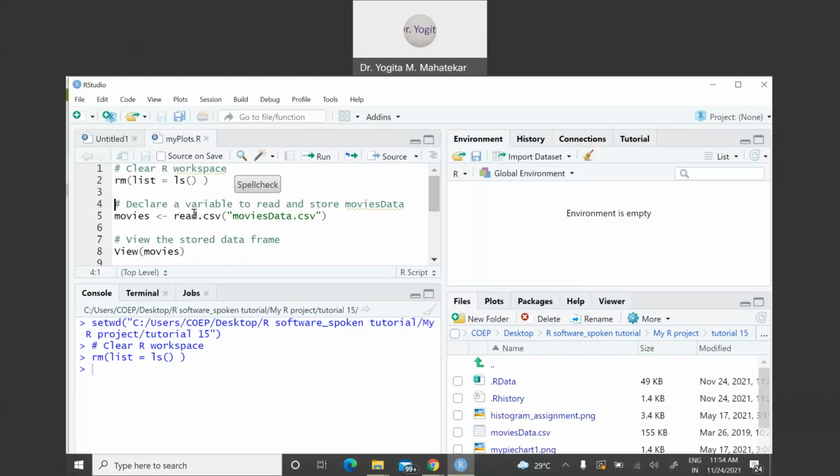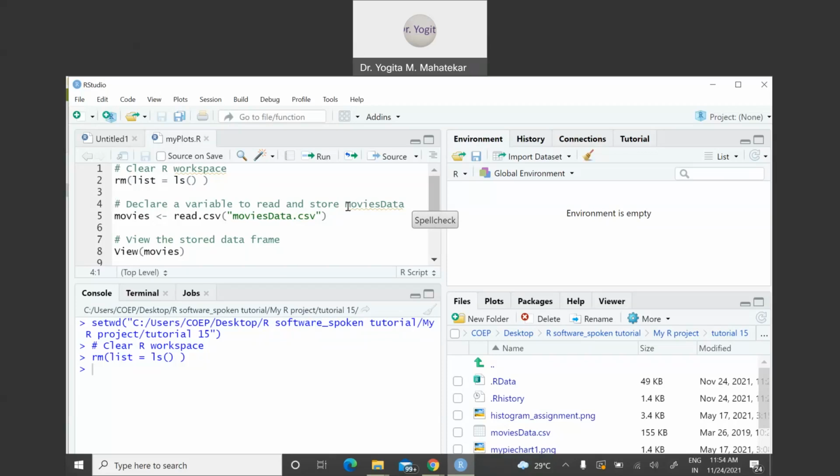Now we will declare a variable to read and store the data frame whose name is movies data. So movies data is by default data frame that is there inside RStudio. There are many other data frames inside this RStudio, out of which we have chosen movies capital D data, movies data.csv file.